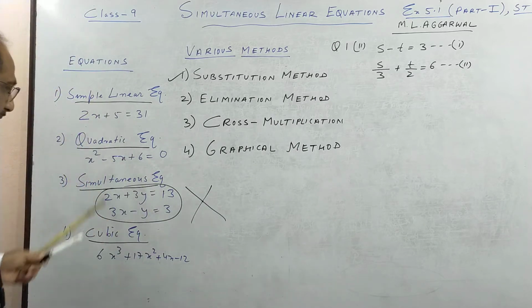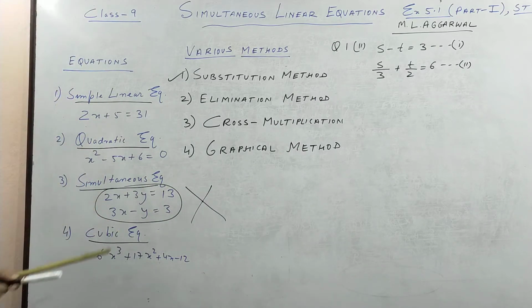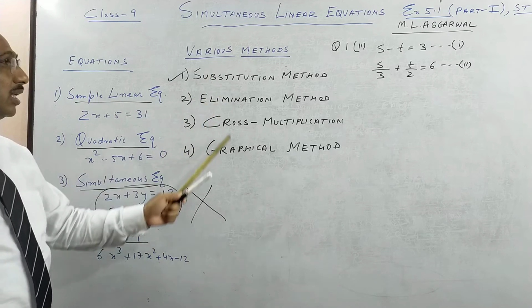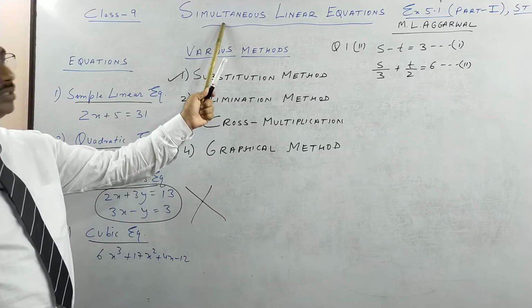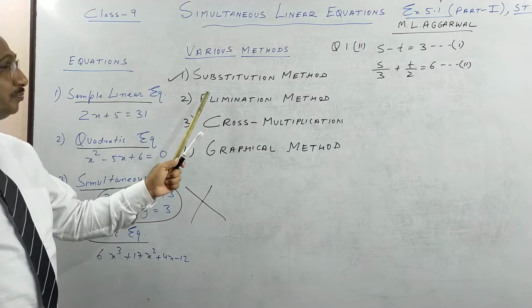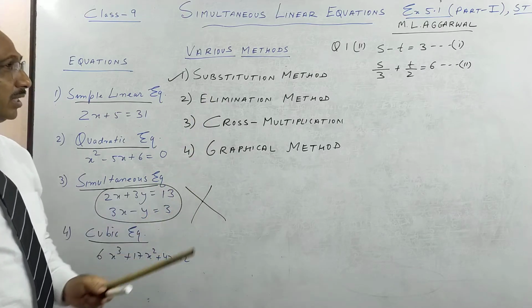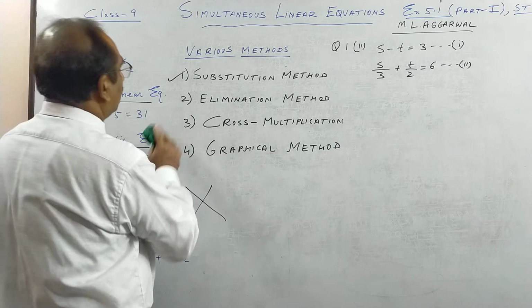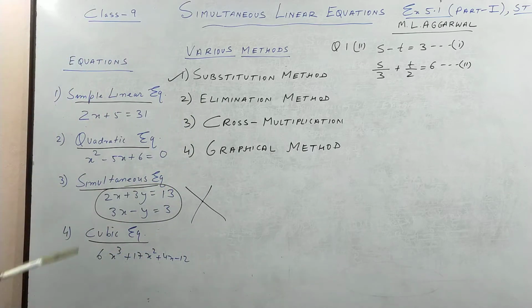So I have given you a brief introduction: what equations are and how this pertains to simultaneous equations. Why it is called linear, I told you, because you get two straight lines. So there are 4 methods. We are going to focus on the first method. So kindly pause the video if you need, and then I will start 1 part 2.